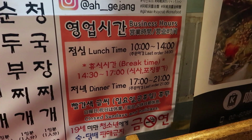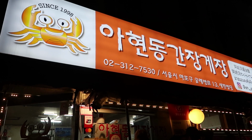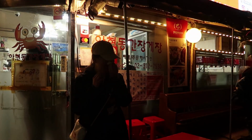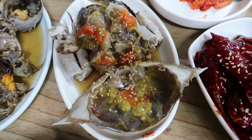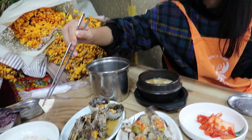It wasn't too out of the ordinary, and a lot of people there were foreigners, so they catered a lot to people who didn't speak Korean too well. Although it is a very famous spot, which is not something we'd usually go for, in terms of it being quite an unusual dish, especially being a raw seafood dish, it's definitely a safer alternative than going to a more